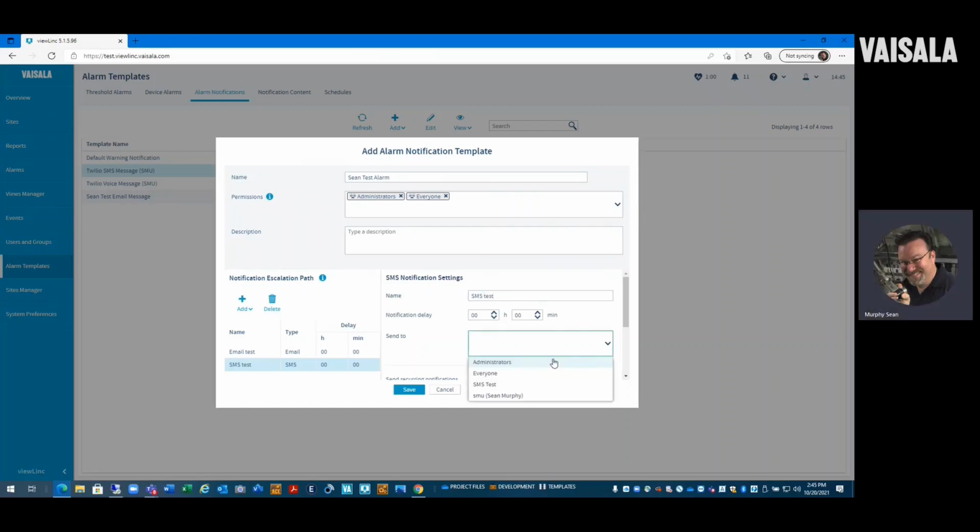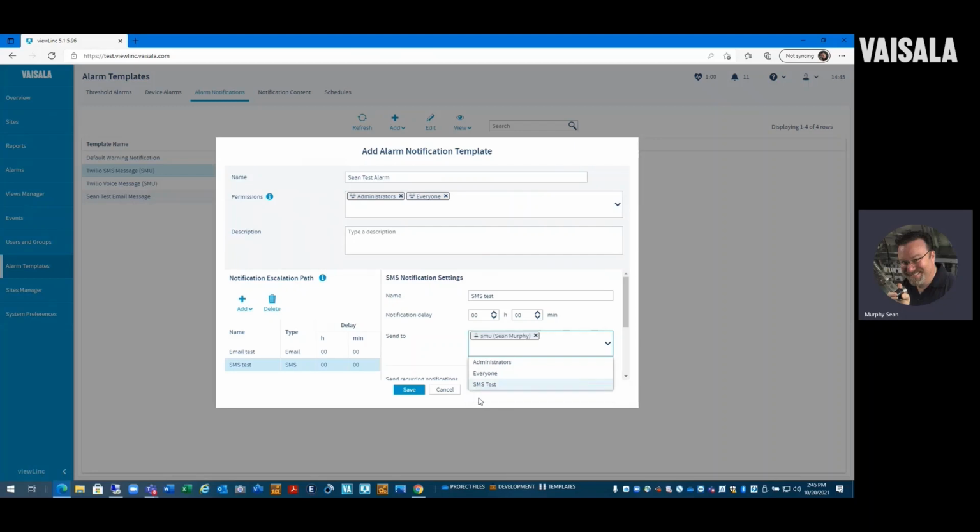And since everybody has a telephone number that's loaded inside their account in ViewLink, under users and groups, when you're adding a new user, one of the things on the list is your telephone number. And that's critical to have correct. It's also critical that you have it correct with the plus and the country code embedded in the telephone number. If you don't have that in there correctly, this whole thing doesn't work. Just be aware that this is set up for international telephone calls and not just for US domestic.